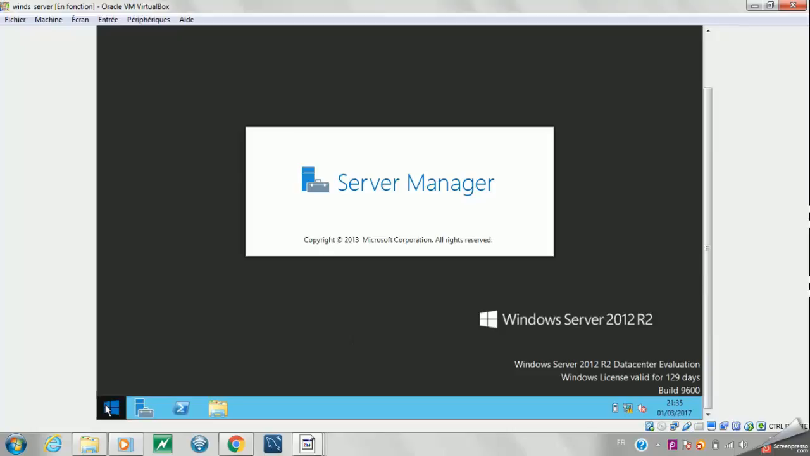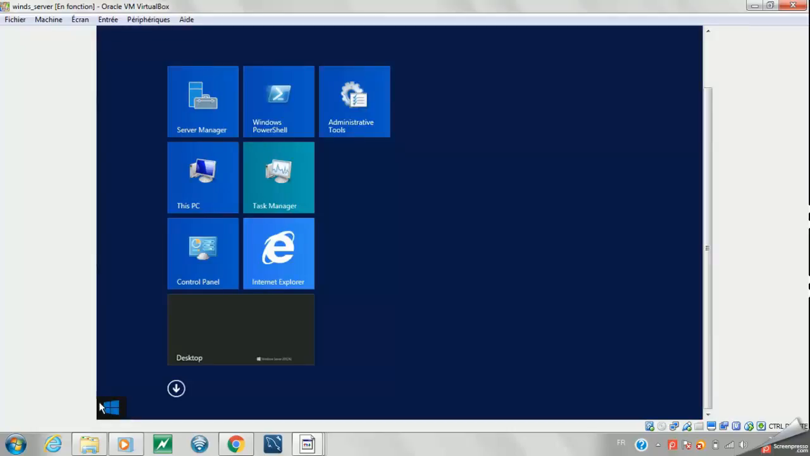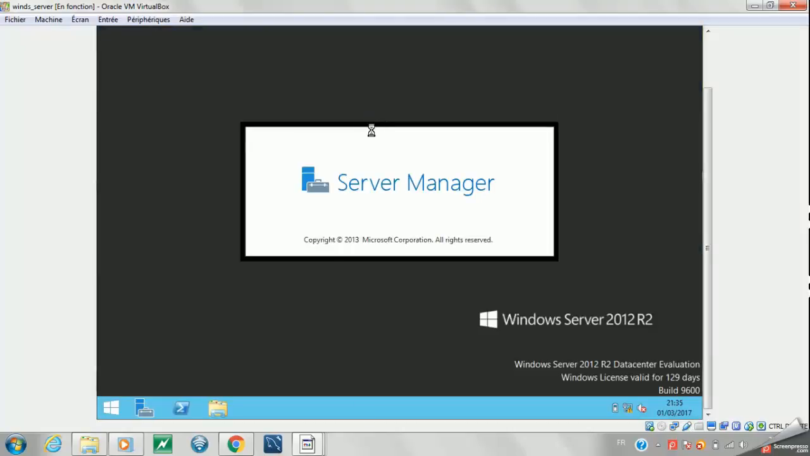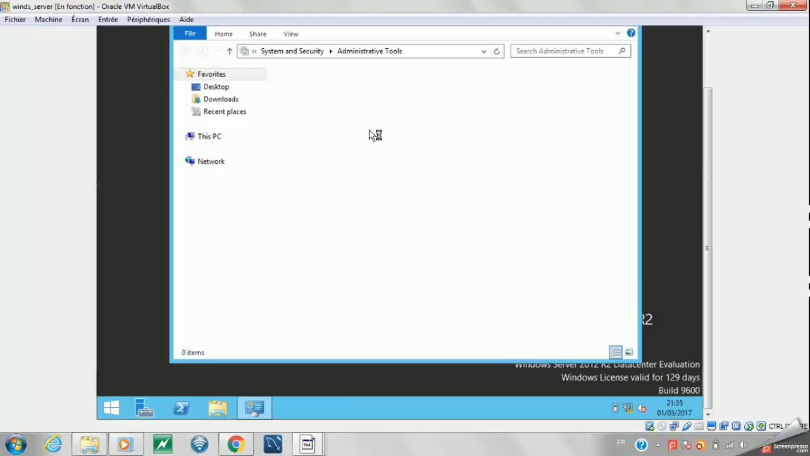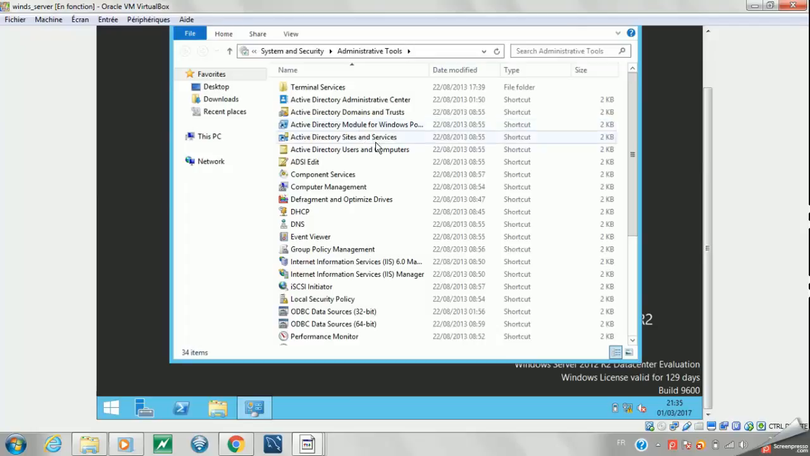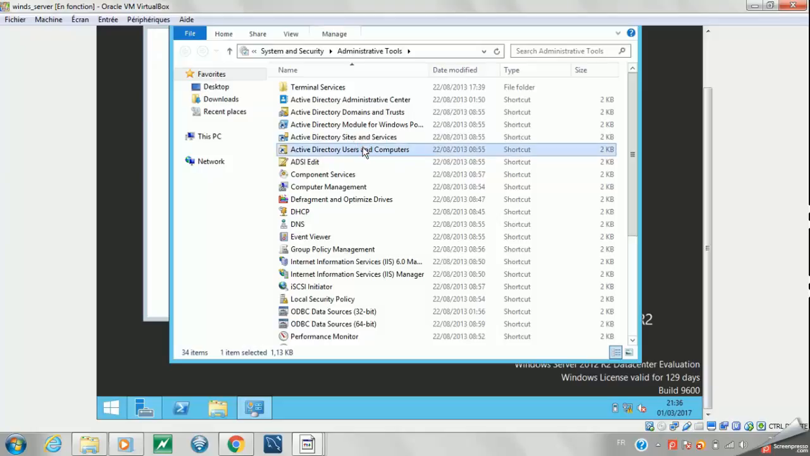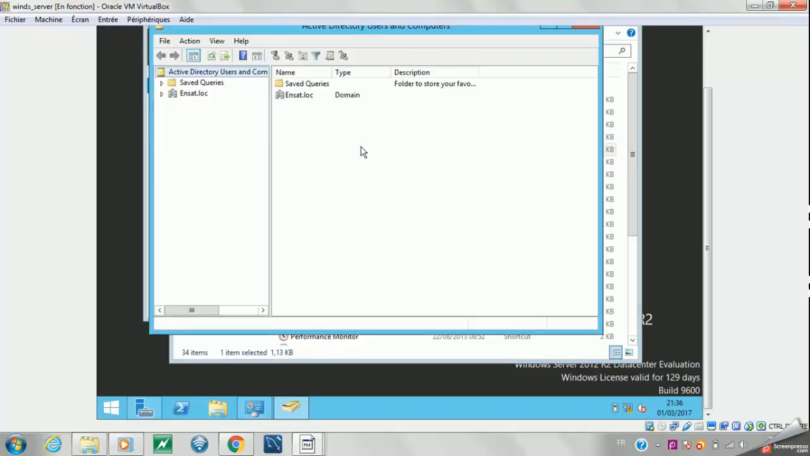And here is my domain, just click on it, right click, new, organizational units. Okay, so the object of an organizational unit is a set of computers and users that I am gonna